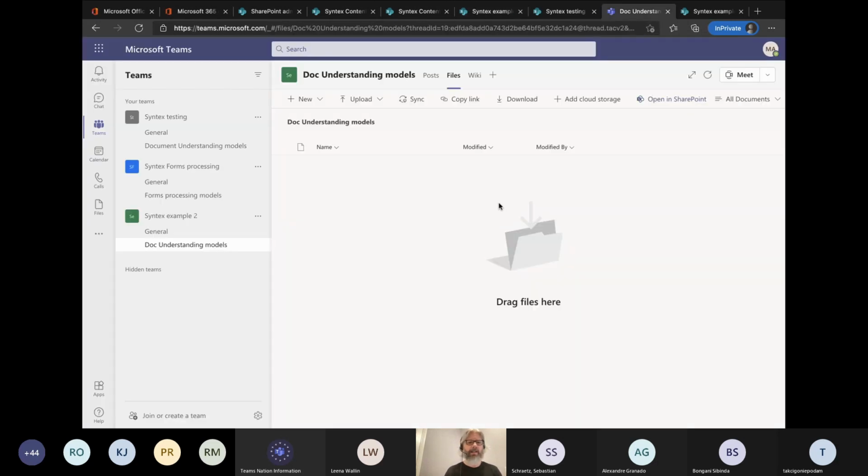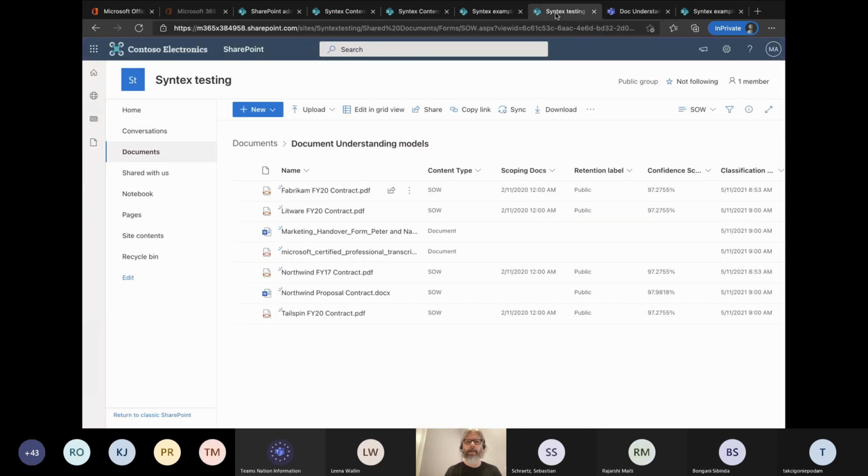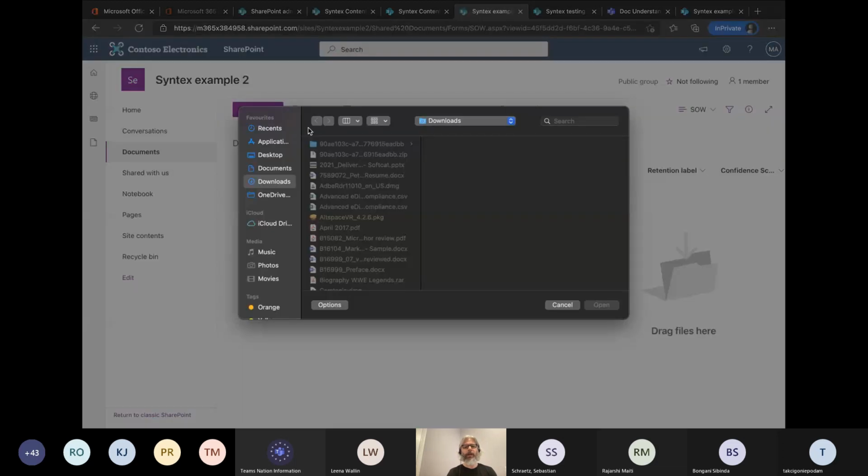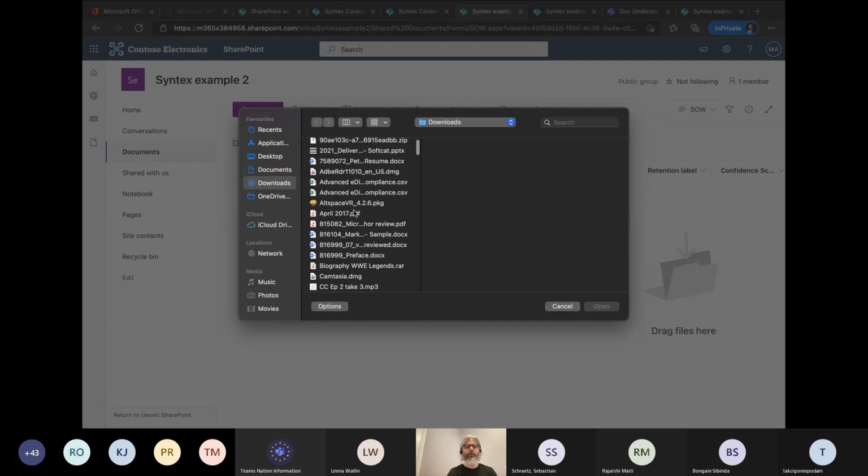Has that translated into Teams? Let's go back and take a look. Let's go and refresh. And yes, it has. It absolutely has. So let's now see the document understanding model in action and see if it actually works and does what we want it to do. So we'll go back and upload some files into our document library. Let's go and find some files to upload. And if I go into my downloads,